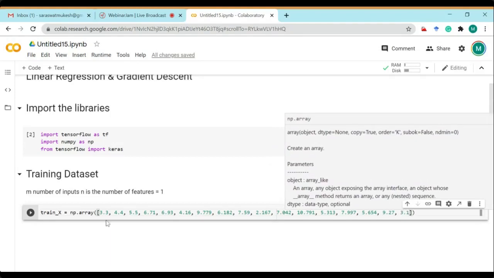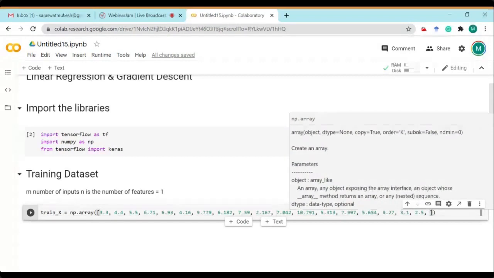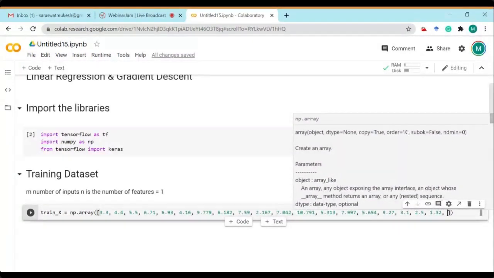So let's take these values: 1, 2, 3, 4, 5, 6, 7, 8, 9, 10, 11, 12, 13, 14, 15, 16, 17. Three more values we take: 2.5, then 1.32, and 9.41. So we have taken these 20 values.